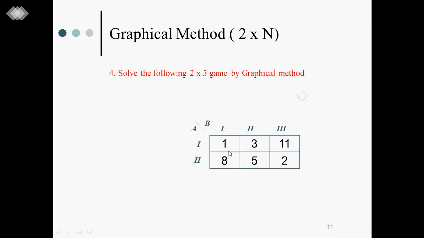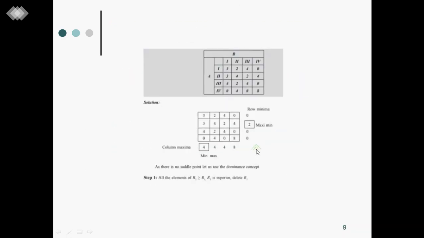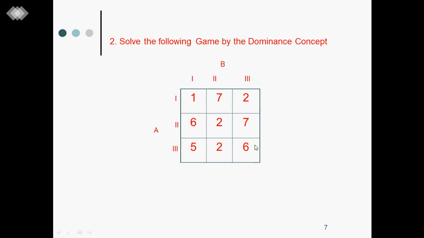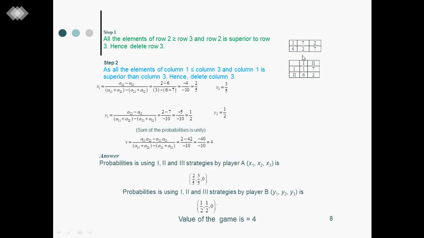See, this one you can see. It is more or less like this only, 8, 5, 2. 8, 5, 2. So that's what, okay, please note that. So when you are given a higher order game to solve by graphical method, you have to partially use the dominance concept to reduce this to a 2 cross m or n cross 2 type. Then, once it is reduced to this type, you can use the graphical method as usual.